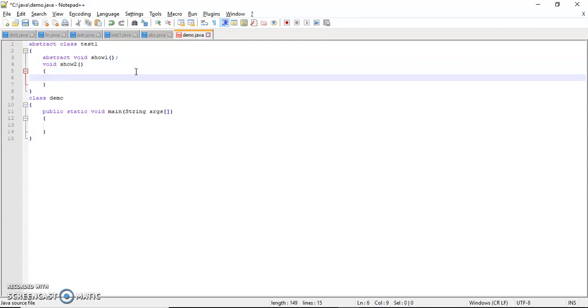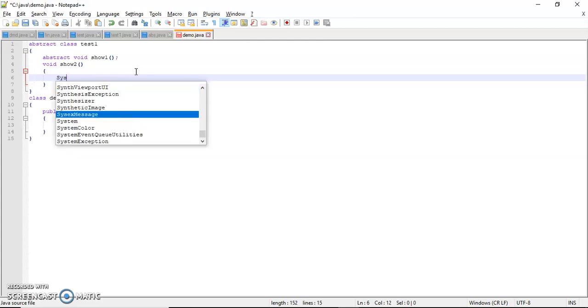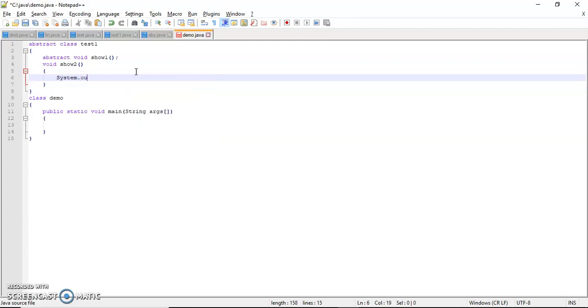In the show2 method we write the message with System.out.print: this is show2 method.